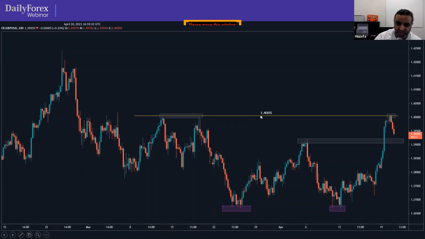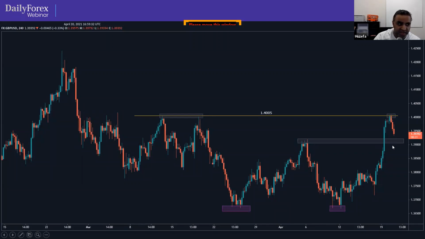So it hit this resistance point around 1.4, just 5 pips above that, 1.4005. So I think it's going to retrace to at least this second gray box here. That's where the last resistance was on the 4-hour. I think it's going to come down a few more pips. What is that? About 30, 50 more pips before, hopefully, it'll make some kind of a base here